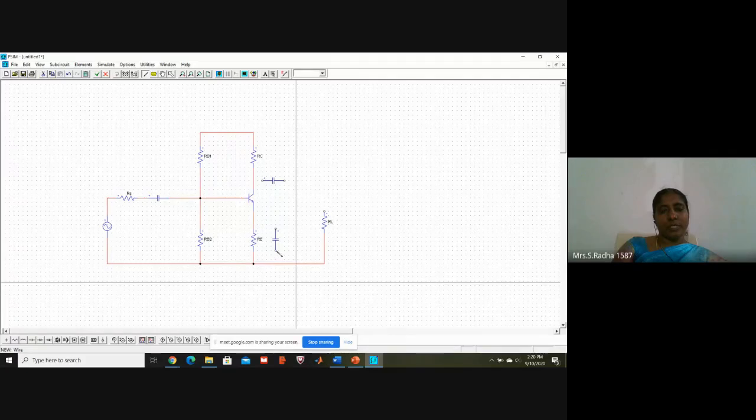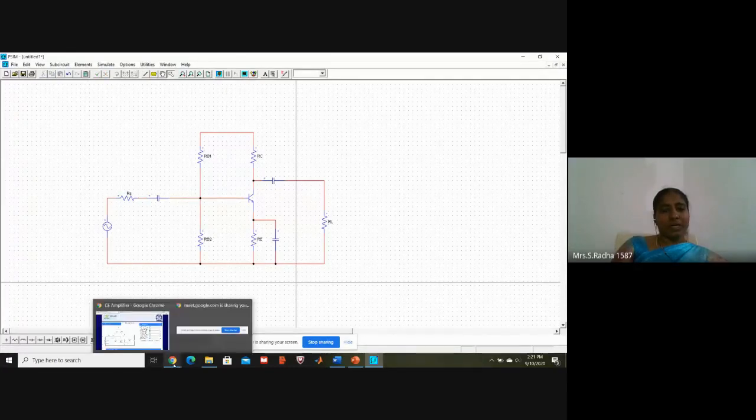This can also be grounded. So whatever is finished, I will check and press escape so that this wire will go off. Okay, so whatever circuit is completed.